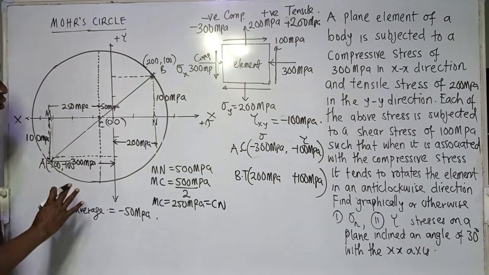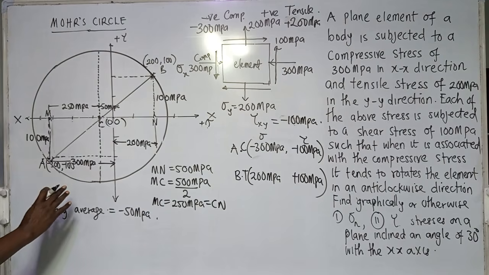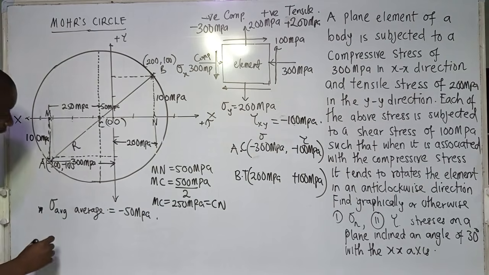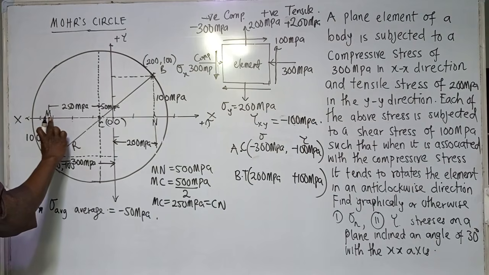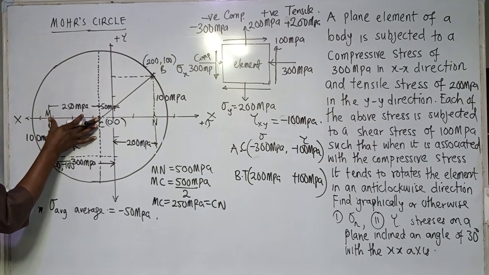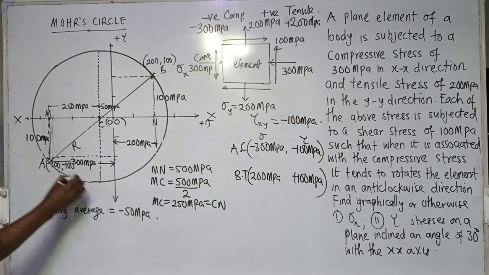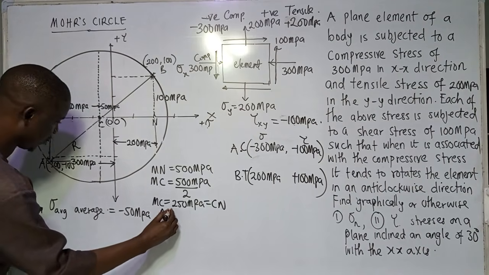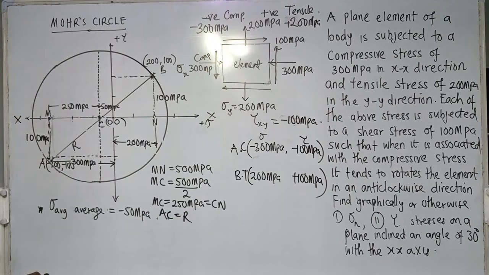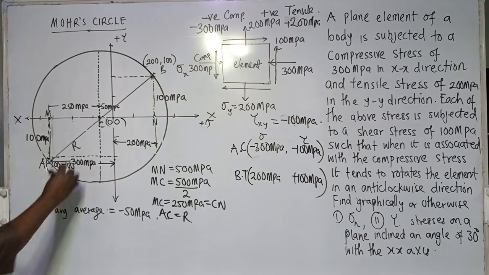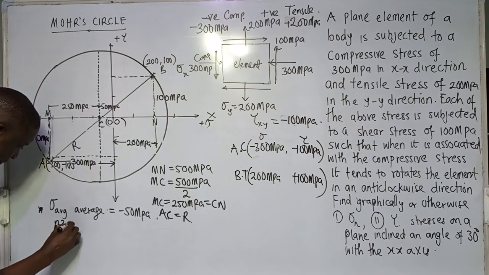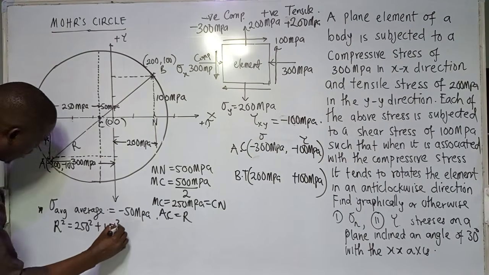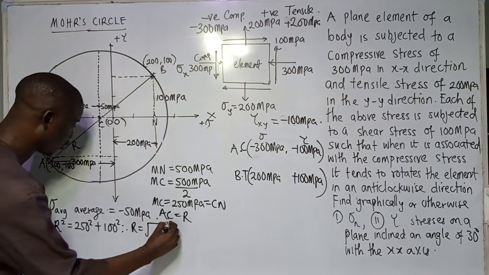Okay? So now, since you have gotten that, the next thing to do is to get your radius. These are radius. And how do you get our radius? We use Pythagoras. We know here is 100. This radius from here to this, AC, is equal to the radius of the Mohr circle. So we get R squared using Pythagoras equals 250 squared plus 100 squared. Therefore, R becomes the square root of